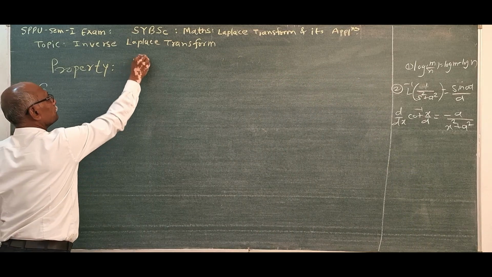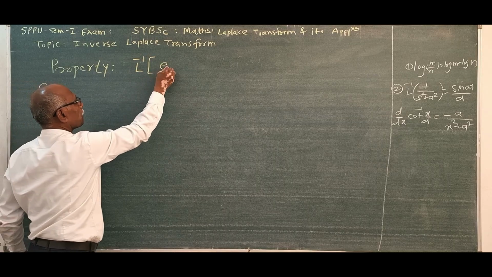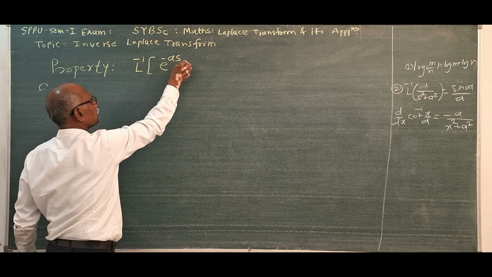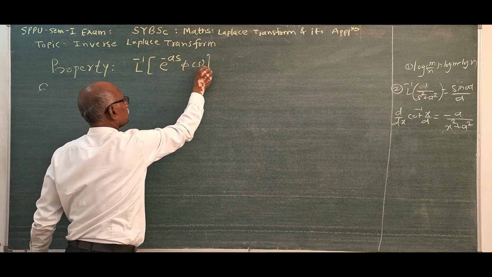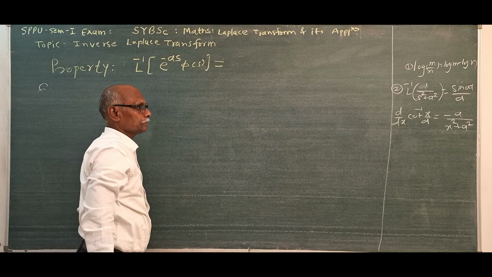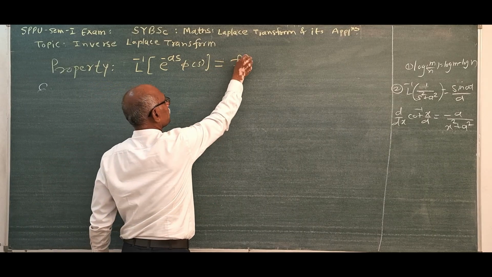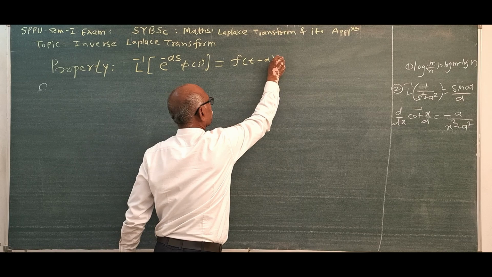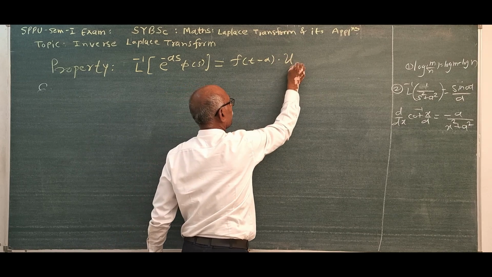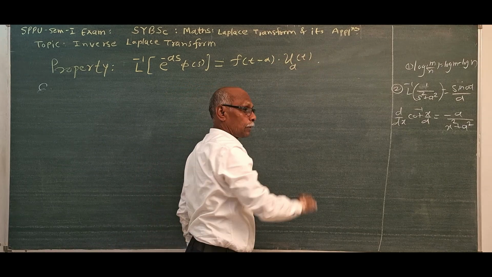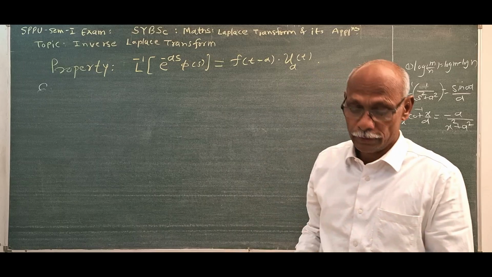Suppose you are asked L inverse of e to the power minus a s into phi s. Then what is the answer? The answer is f of t minus a into u a t. So what is this property going to be? So let us consider